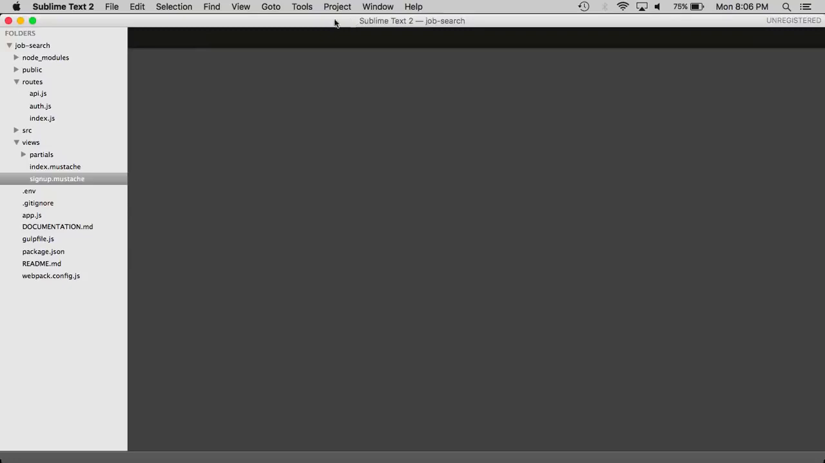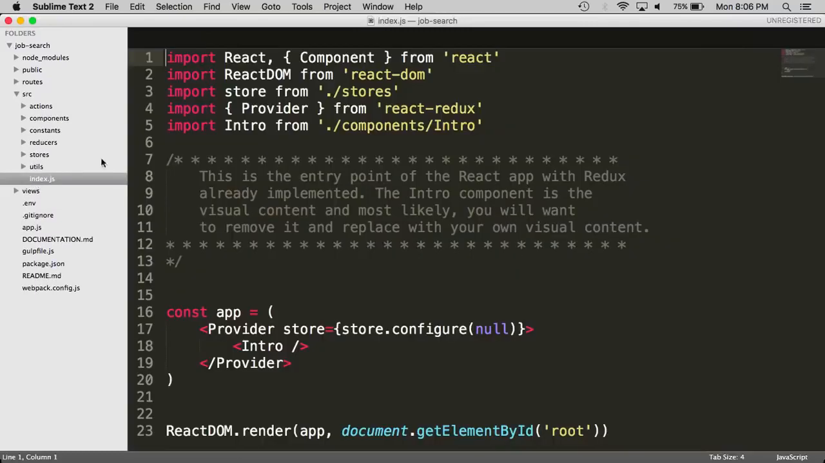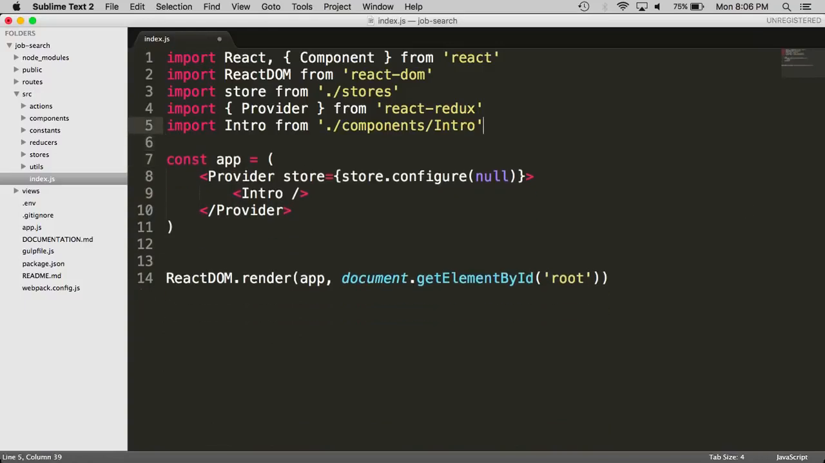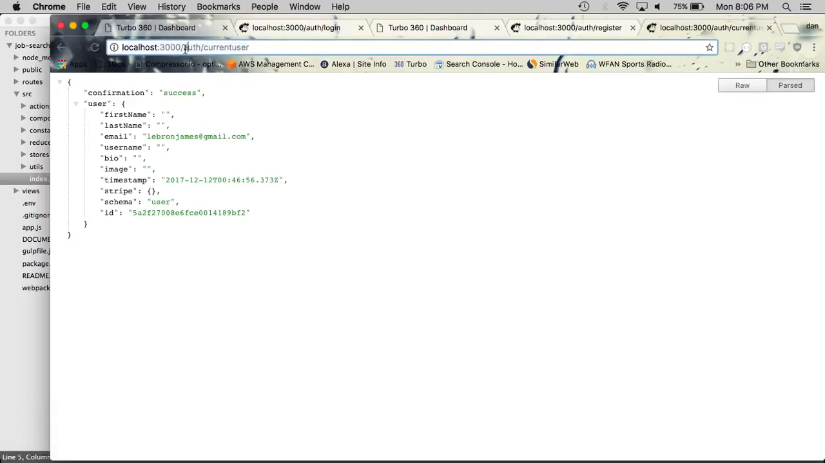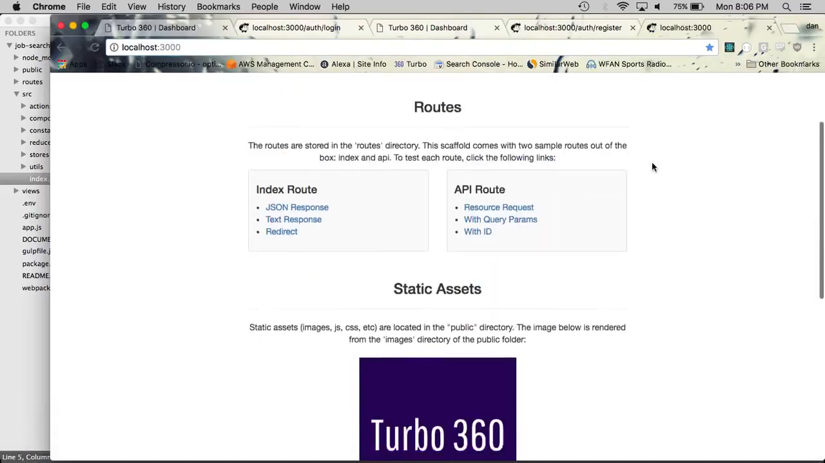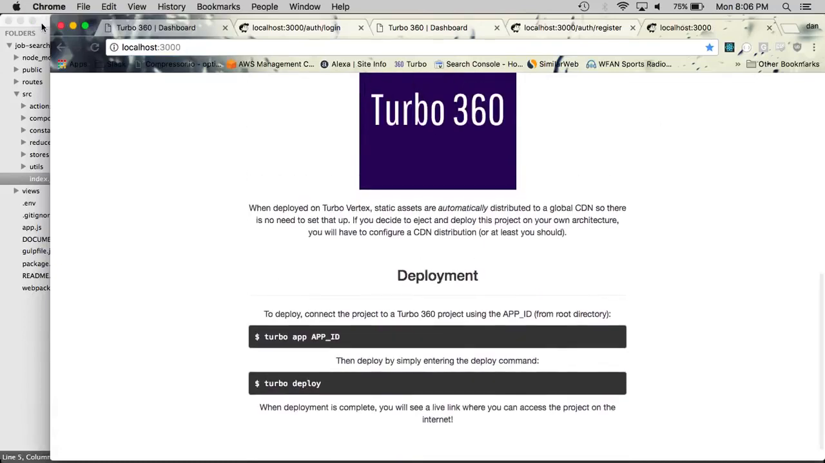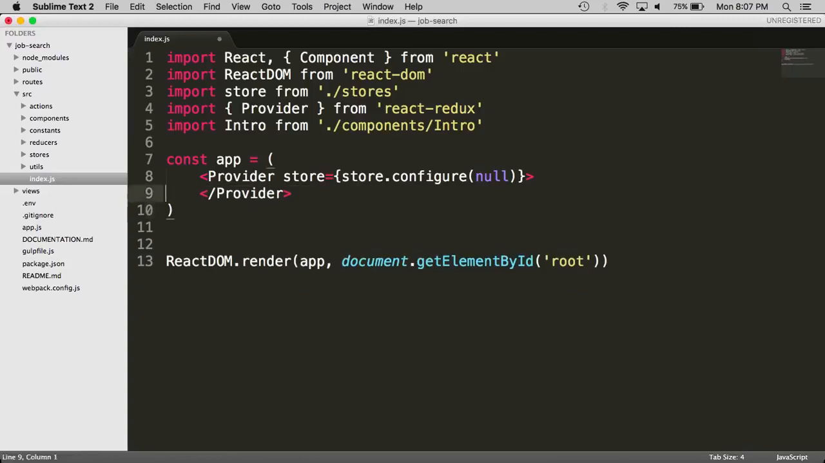So head over to SRC now. Index.js. Now here's our React entry point. Let's begin working on this guy. So let's remove all this initial code. When we head over to localhost 3000, this UI that we're looking at here is this component, the intro component. So if we just remove that, that entire UI is wiped out. Let's go ahead and do that. And then